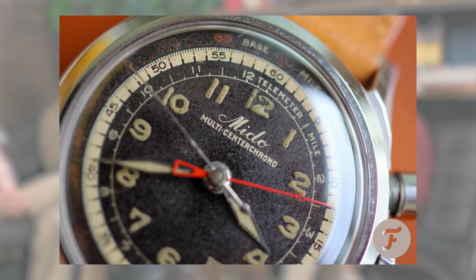Bulova is not in the Swatch Group, it's Citizen, but I think also Rado and Certina are Swatch Group. Yeah, exactly. But they have some nice watches. So Mido has the